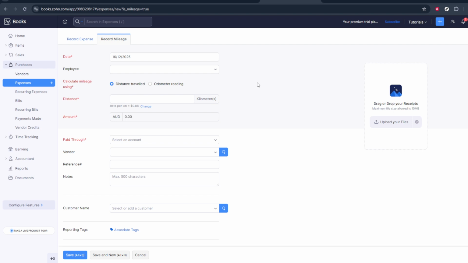Once all the details look correct, scroll down and click the Save button. Zoho Books will store this as a mileage expense, and it will now show up with your other expenses and in your